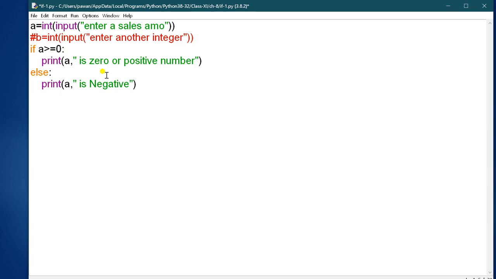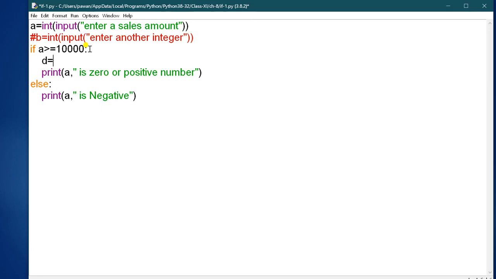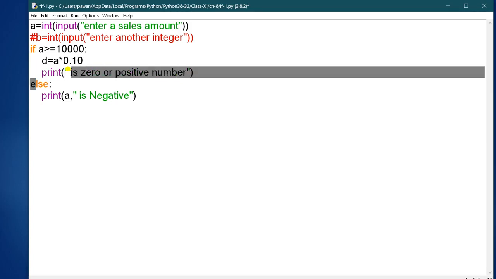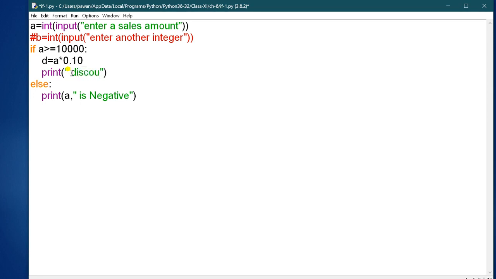So if A is greater than 10,000, then you have to use the discount variable, D equals A multiplied by 0.1, a 10% discount, and you have to print the discount D. Okay, and the else part, if this condition is not true, then it will give you the discount of 0.05.